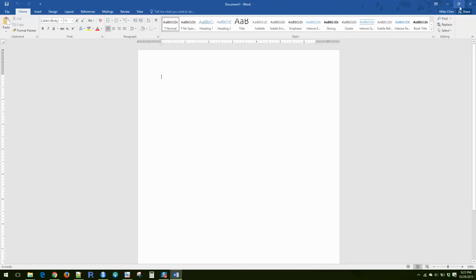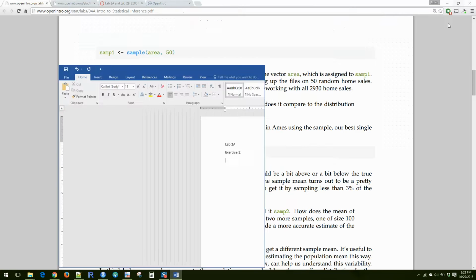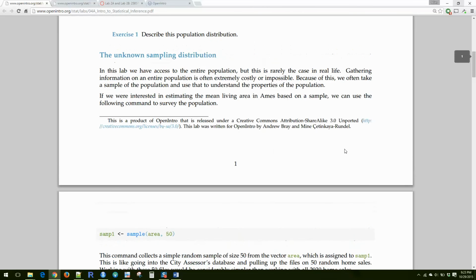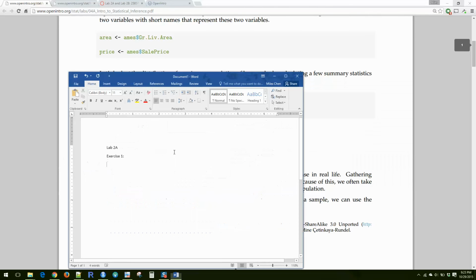and treat this as if you're turning it in, because you are, and you're going to at least write lab 2A and exercise 1. So exercise 1 says describe this population distribution. You don't have to copy the question prompt, but